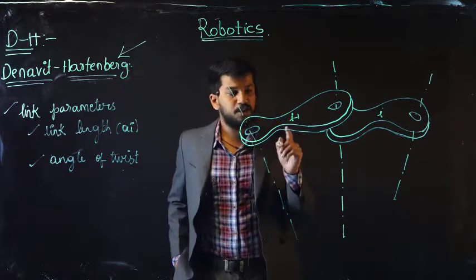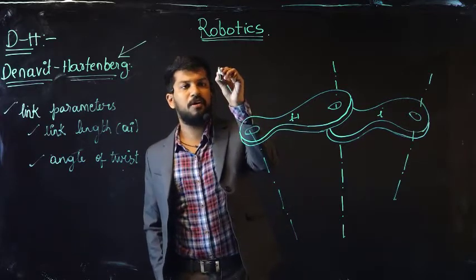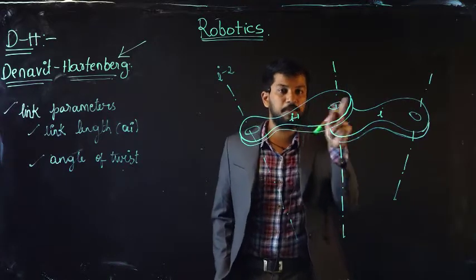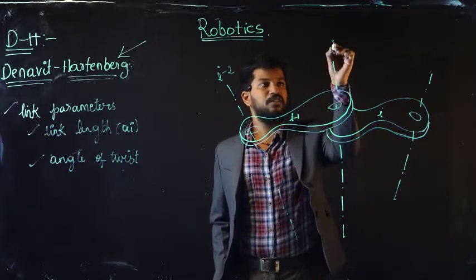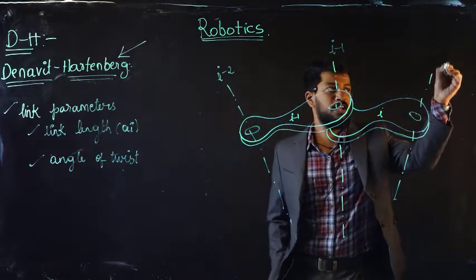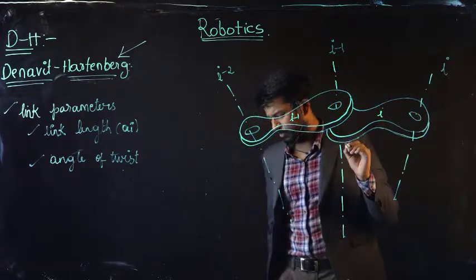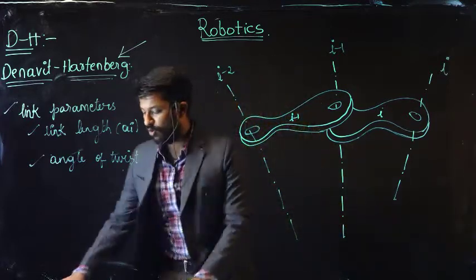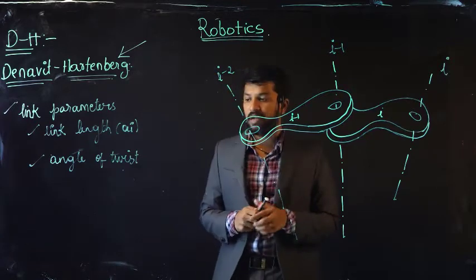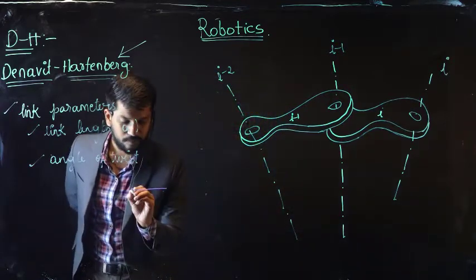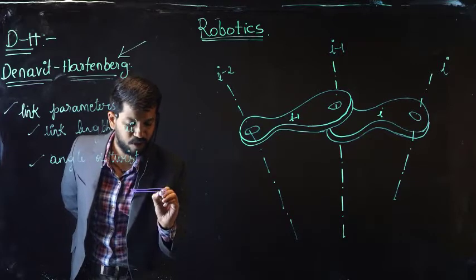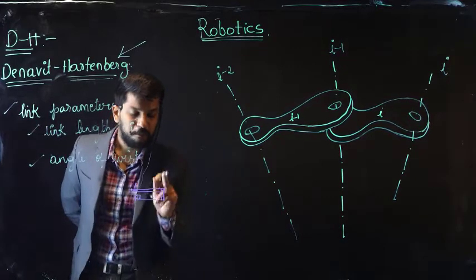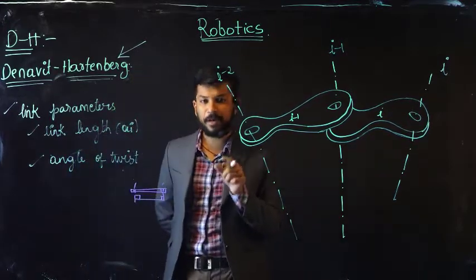The axis which passes through one of the joints of link i-1 I am terming i-2, and it is the common axis between these two links, so that both the links get jointed. This will be i-1 and this particular link will be i. The link axis will be i. Now, as I have already mentioned, what will be my link length? If my link was somewhat like this, I need to identify a common perpendicular between those two axes, which gives my particular link length.